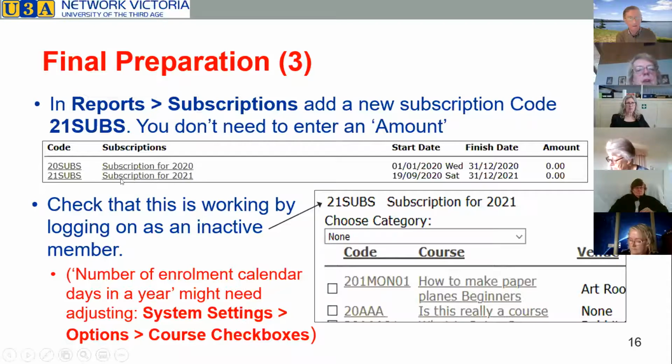Here we have, you can create a new subscription. So here we've got one called 21 subs for next year. You don't need to put an amount in here because the amount is usually dependent on your member type. Okay, so the range there, we put it as the 19th of the 9th, well, in this case, presumably because we're going to be doing enrolments from the 19th of the 9th and finishing at the end of next year. To make sure that the